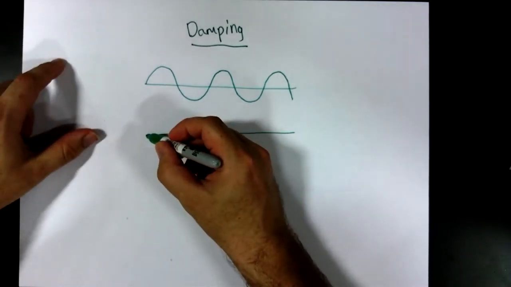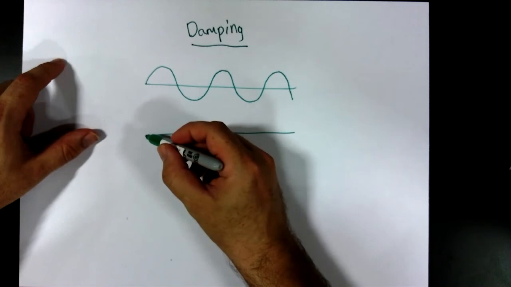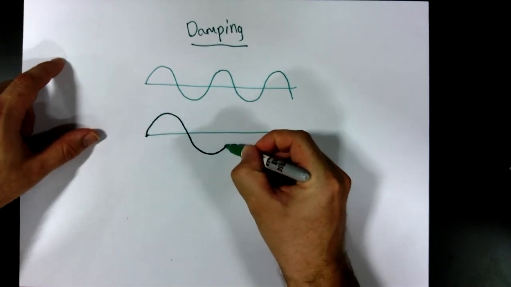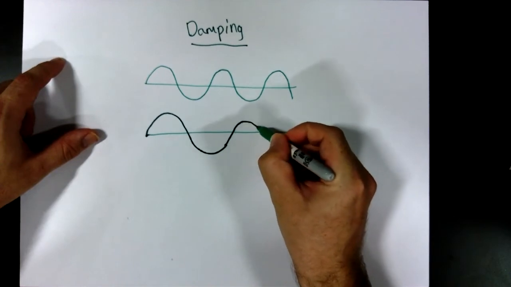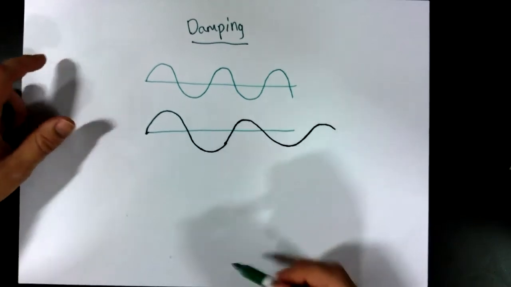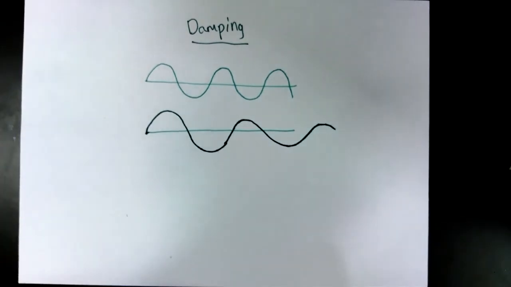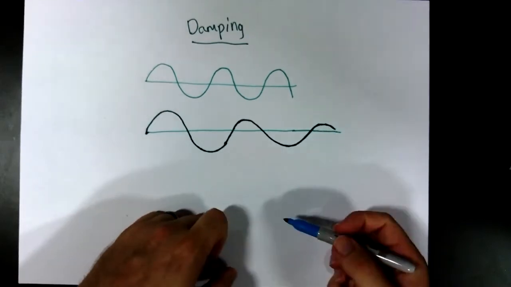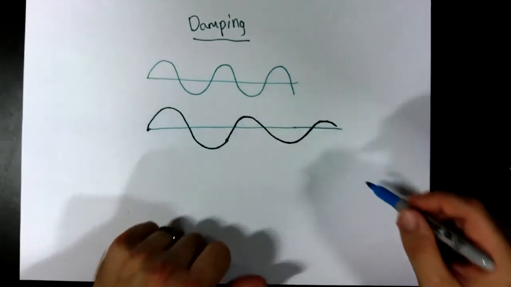So here we have it starting out. I'm going to make an attempt to do this. Okay, so hopefully you're able to see there the effect of the damping causes a reduction to the